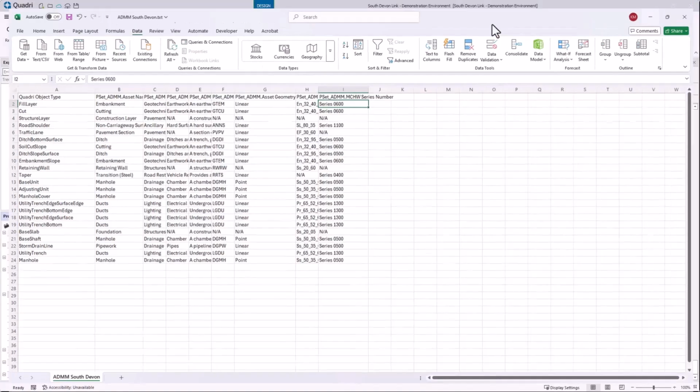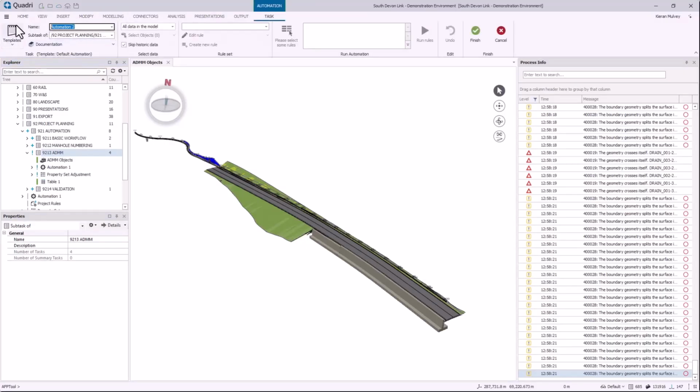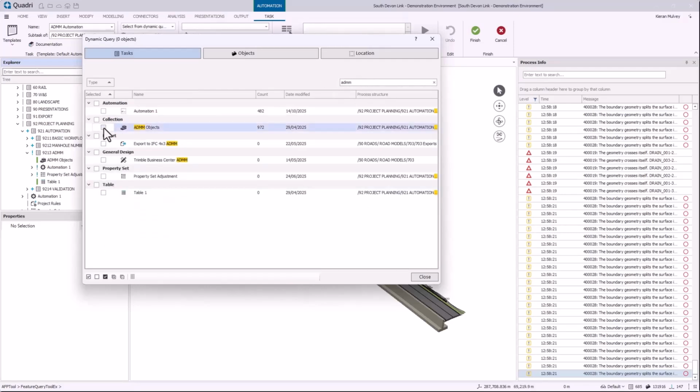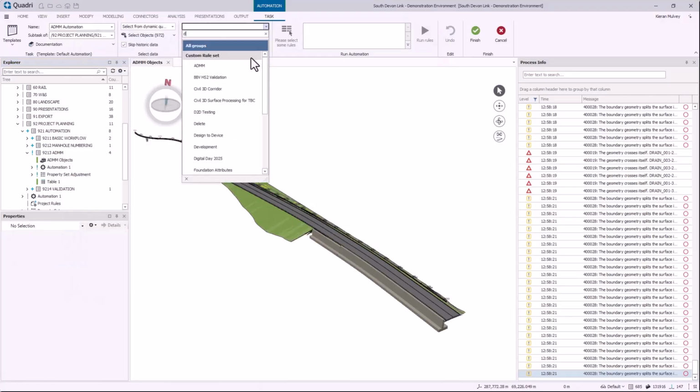Okay. So let's go back into Quadri and start up an automation task. So I'll go into my modify, automation, give it a name. I can specify which objects in the model I want to work on. In this case, I only want to work on this specific subset, so I will search for my collection, as that'll be my most up-to-date view of everything. Go and search for my digital date